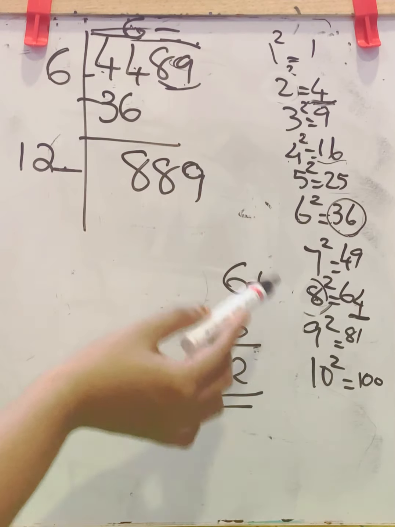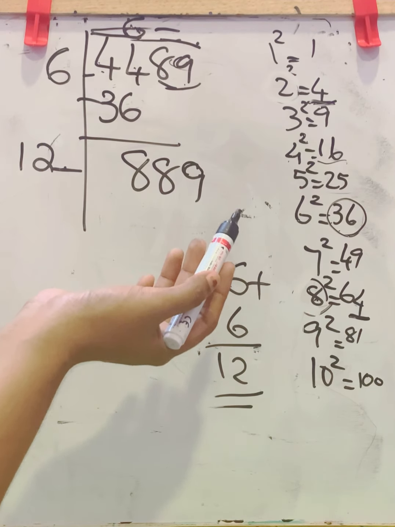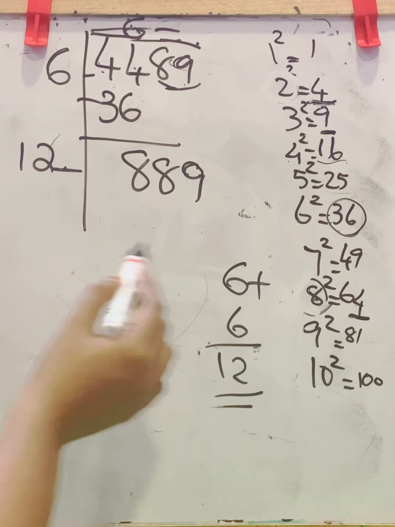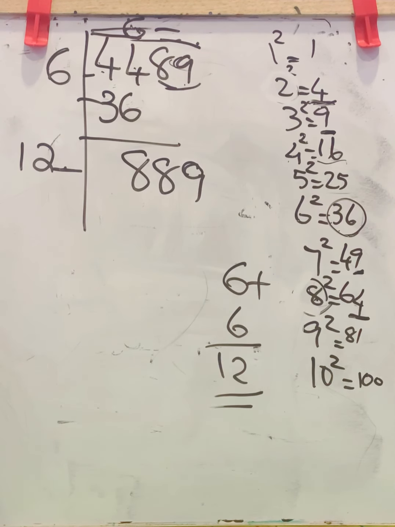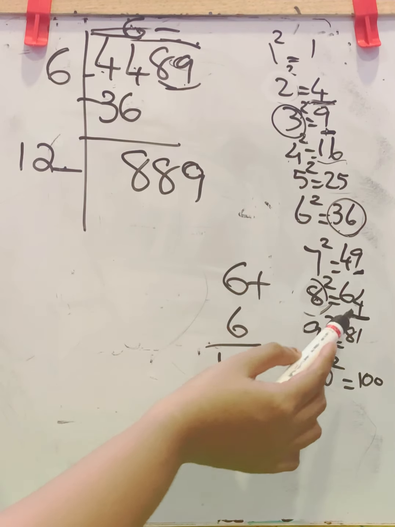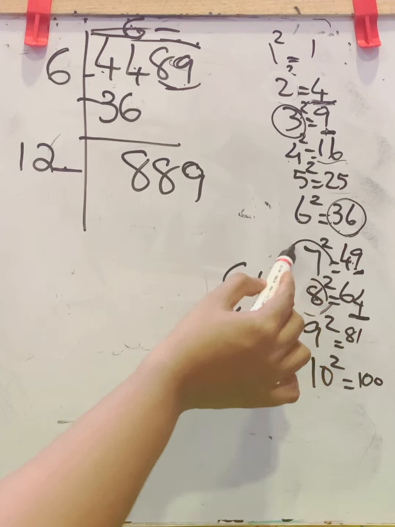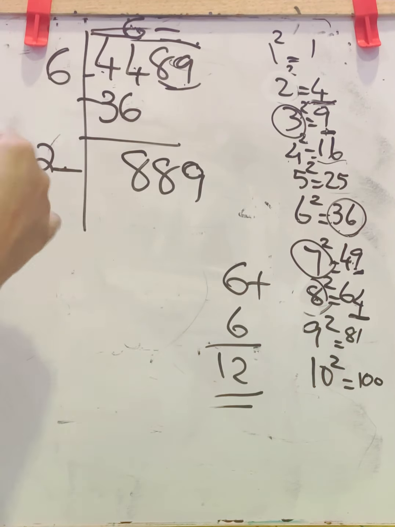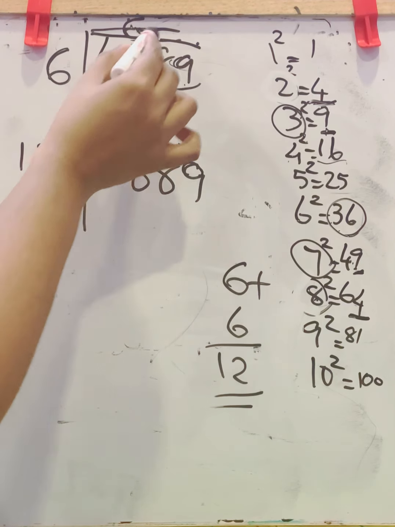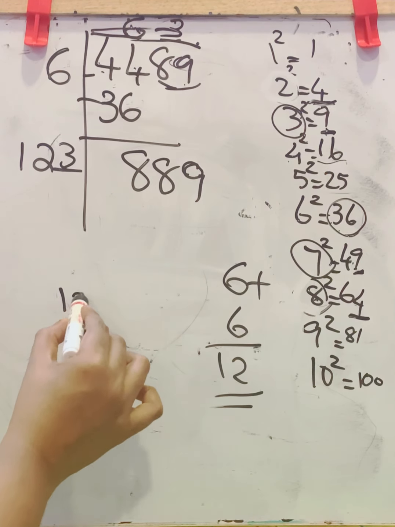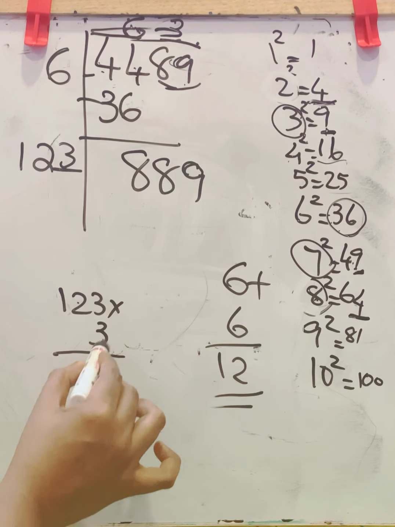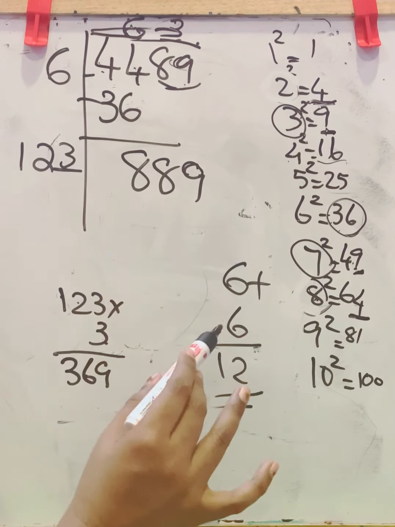Which are the possible cases for a square number to end with digit 9? Here square number is 9. Here also square number is 9. So here in this case it will be 3. Here in this case it will be 7. So we can put both the numbers and check. First we will take 3. So this becomes 123 into 3. 3 3s are 9, 3 2s are 6, 3 1s are 3. No, this is not the number.